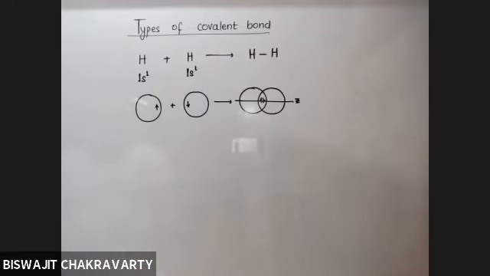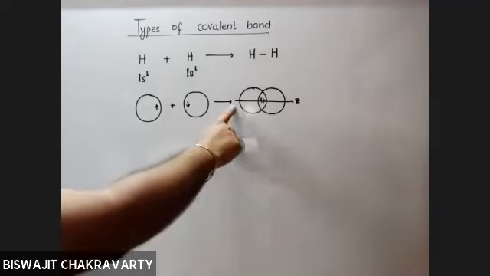According to the orbital overlap concept, whenever a bond is formed, the bonding is due to overlapping of half-filled orbitals. All those orbitals that have an unpaired electron in them are the only ones involved in bond formation. So in the hydrogen atom, we have one unpaired electron, and therefore it is going to combine with another hydrogen atom which also has one unpaired electron, and both the unpaired electrons exist in the s orbital, s being spherically shaped.